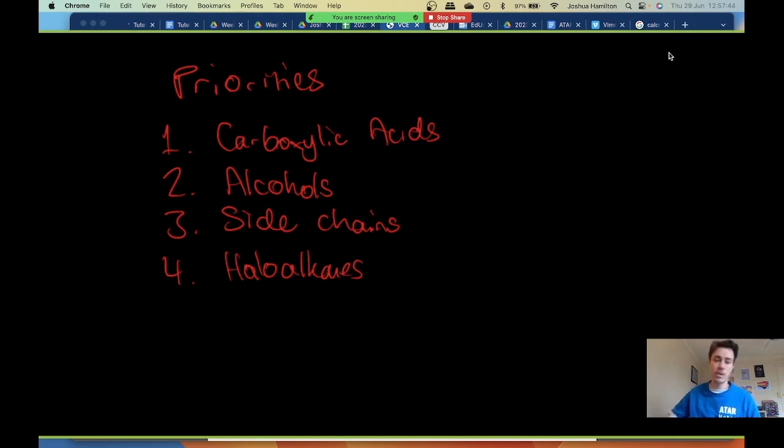This is the priority. And this isn't the priority in how you name it, like if you've got multiple prefixes and multiple suffixes and all that sort of stuff. This is the priority in where you count from. So which carbon am I going to count from? Which bond am I going to count from? So this is the counting priority. That is what this is important for. Now, what that means is that if you have both a carboxylic acid and an alcohol,